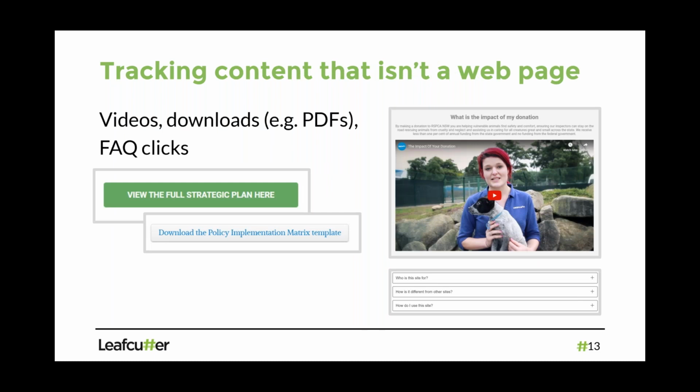All right. Other content as well. Not everything is a web page on your website. You might have a lot of reports or guides or how-tos in downloadable format, so PDFs. You might have videos as well, and a lot of people just use embedded YouTube videos or Vimeo or another video player. They're all good to use. But if someone interacts with those elements, that's not a page view, so Google Analytics by default isn't going to see that anything happened.